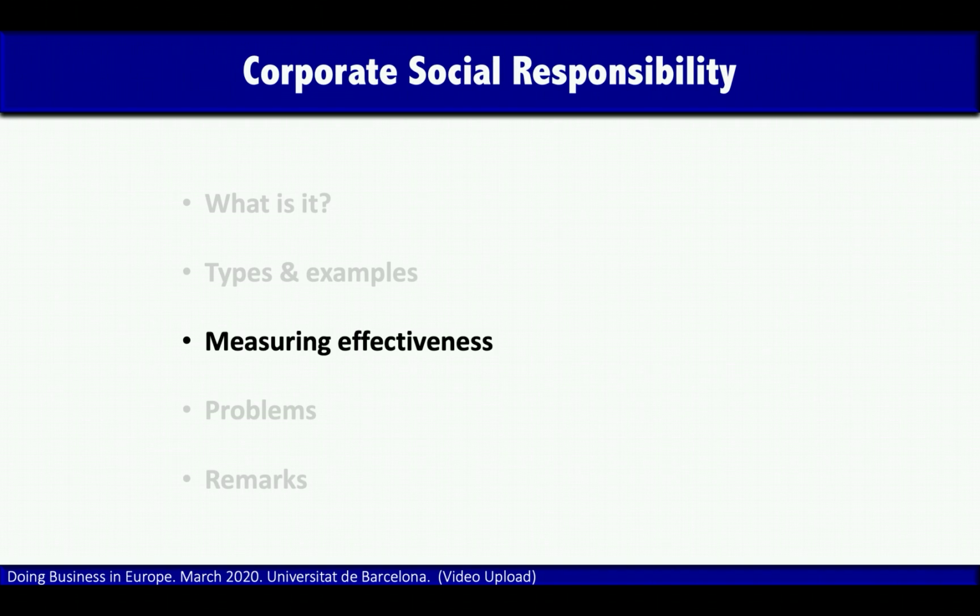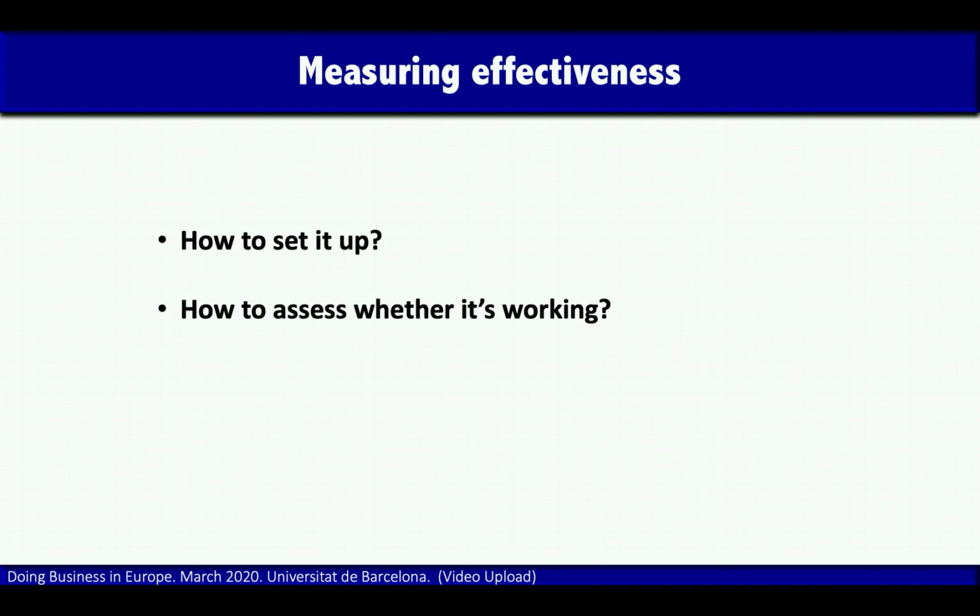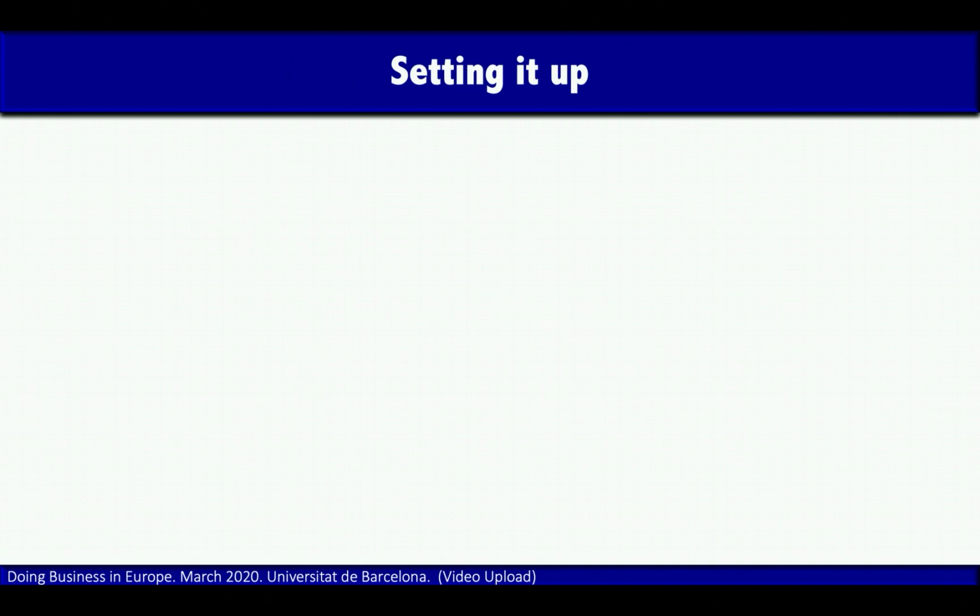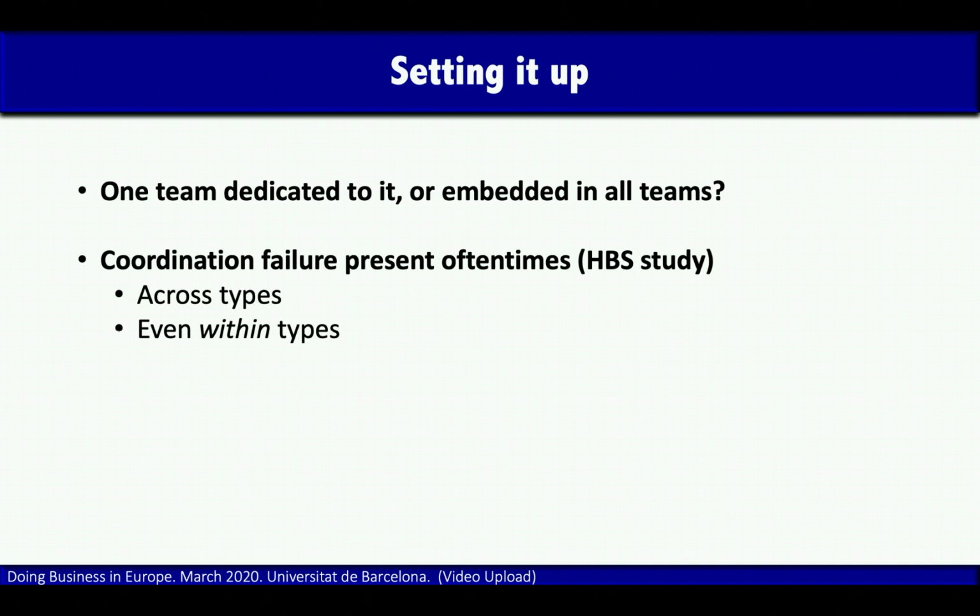Now, how do we measure the effectiveness of any of these programs or actions that the firm is taking? So there's two things. First, how to set it up, and then how do we assess whether it's working or not. So setting it up, basically, this is what kind of decisions should the firm be taking. So probably the first one will be who will be leading this and how many people are engaged in it, right? So do we dedicate one team from the top who coordinates the whole thing, or do we let each team decide on their own business and it becomes sort of an intersectional thing within the firm, right? So this would be the first kind of decision that the firm would have to take.